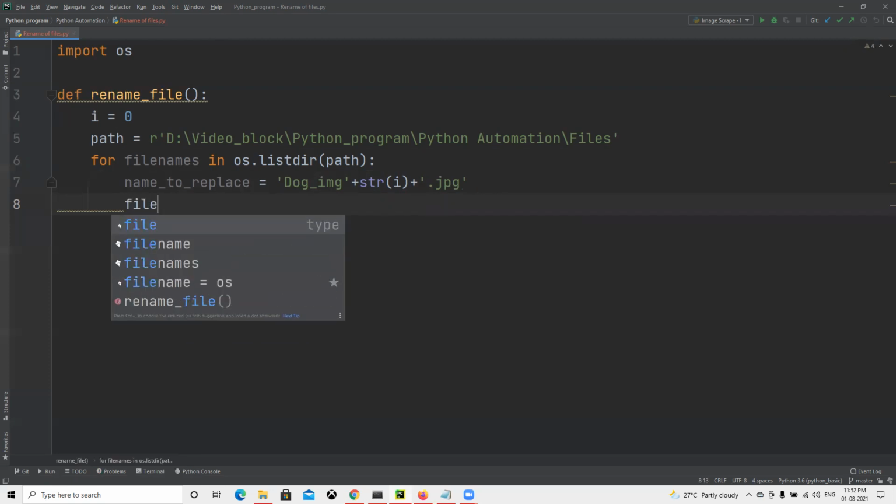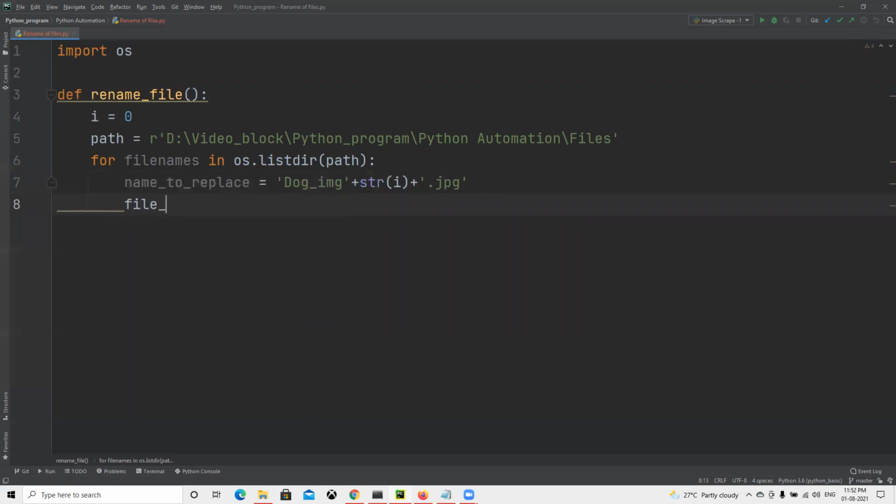Now what is our file name? So I created one variable as file name where I'm going to store that path. Now plus we need to do double slash, not this one. Okay, double slash, because we still have the path here.